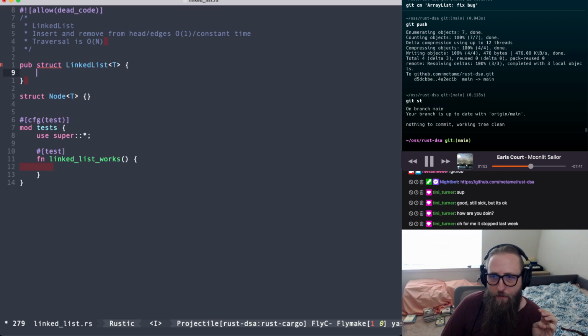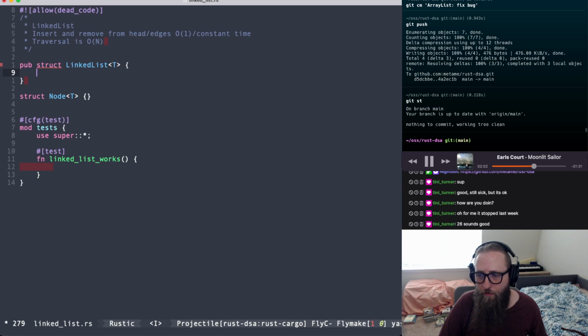So we have our linked list, we have our node that we're going to use inside of our linked list, we got our test set up. Very cool. So the first thing that we want to do is